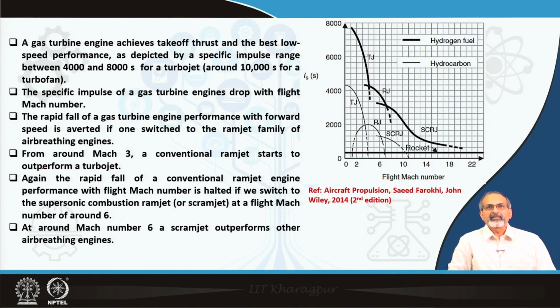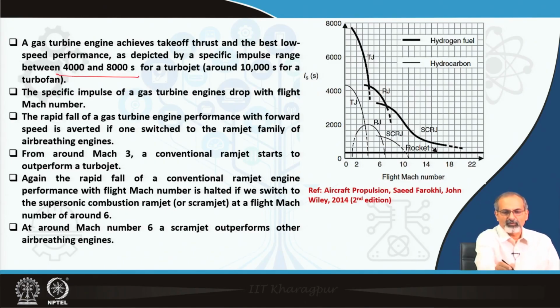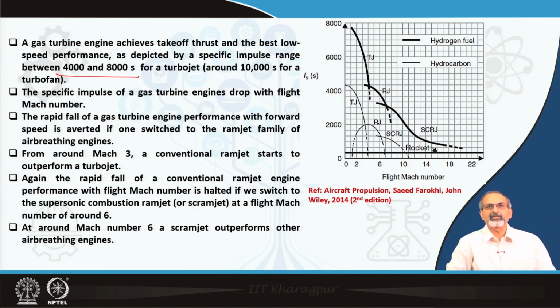Gas turbine engine achieves takeoff thrust and best low speed performance as depicted by specific impulse range of about 4000 to 8000 seconds for turbojet, slightly better for turbofan. Specific impulse of a gas turbine engine drops with flight Mach number. The rapid fall of a gas turbine engine performance with forward speed is averted if one switches to the ramjet family of air breathing engines. That means, as the